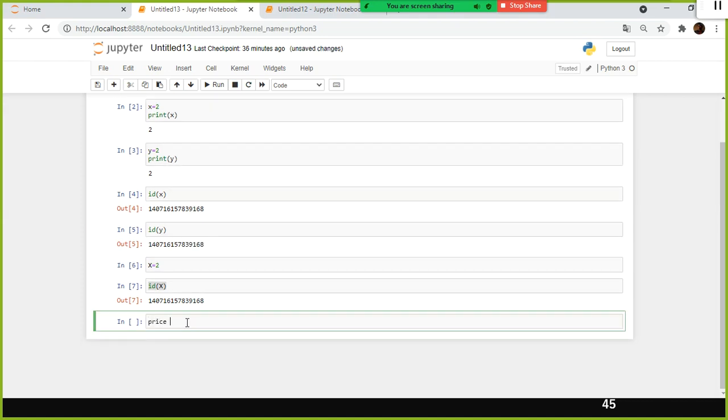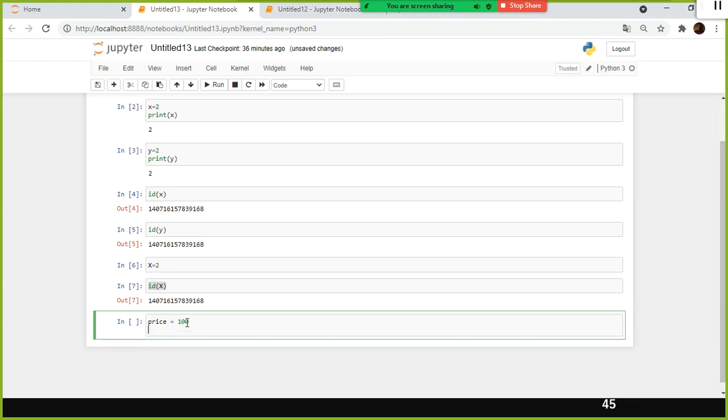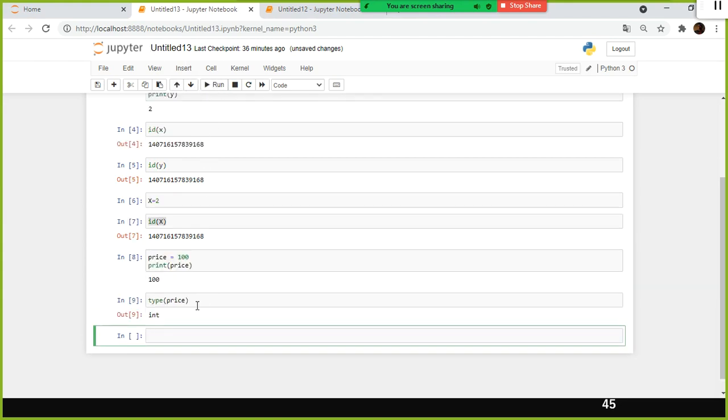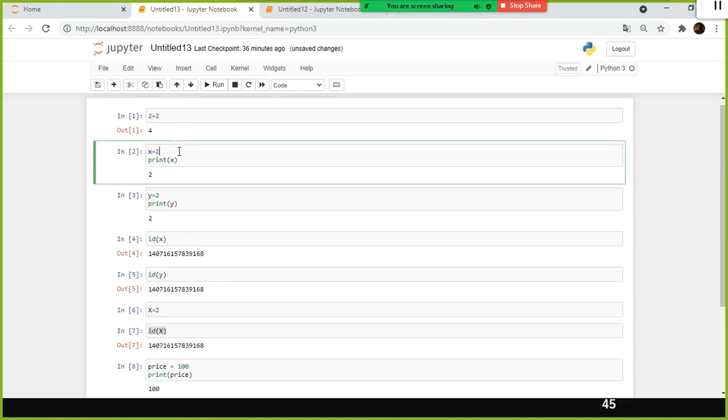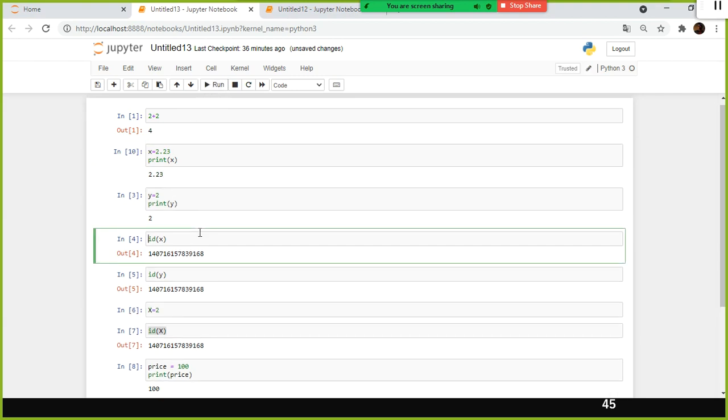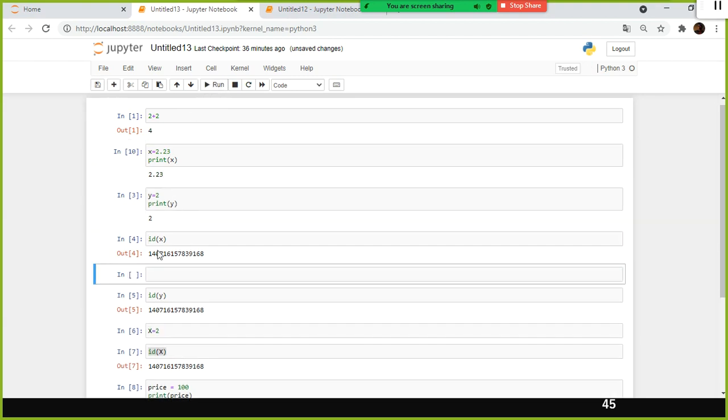For example, if I use price equal to 100, print price lets me view it. If I want to view the type, we have a function called type, so type of price shows the data type, which is int. Now suppose I store x equal to 2.23. When you use the id of x, let's see what happens.